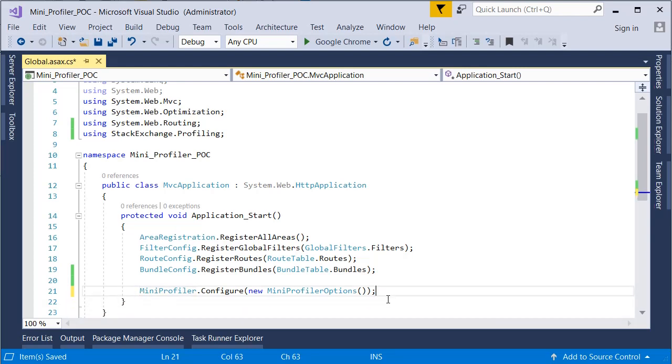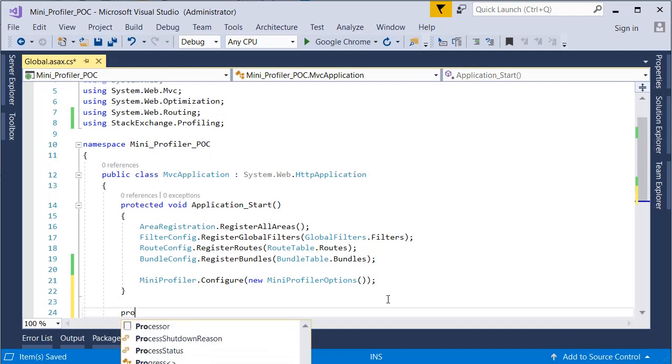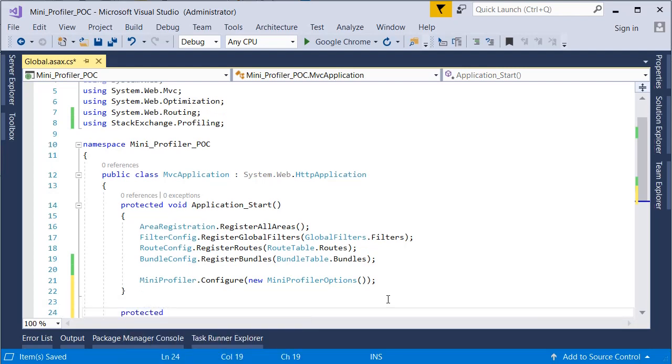Once we configure mini profiler in Application_Start, we need to start the mini profiler in every request of the application. So we will be adding the code for that in Application_BeginRequest.